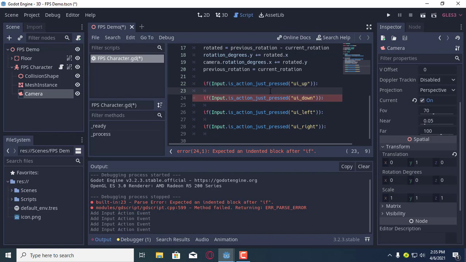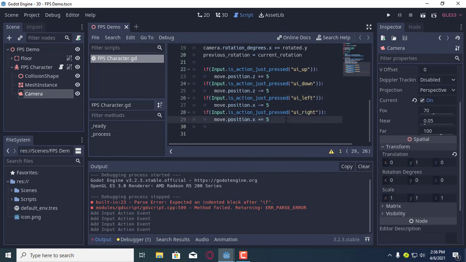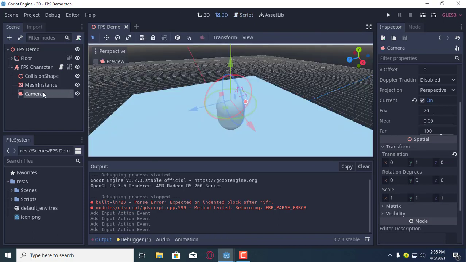Okay, first of all, move should have an X, should move in the Z axis. Wait, I'm showing what the Z axis is. I've already shown it, but I'm again going to show what this Z will actually do. Wait, I'm writing the code first. Okay, this is the movement code, and then what we want is,